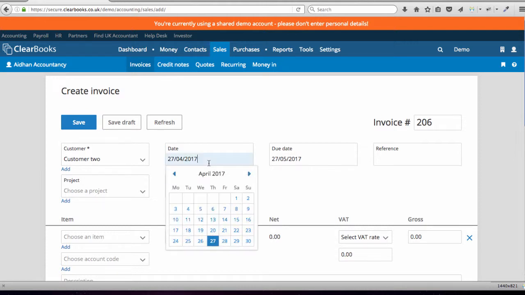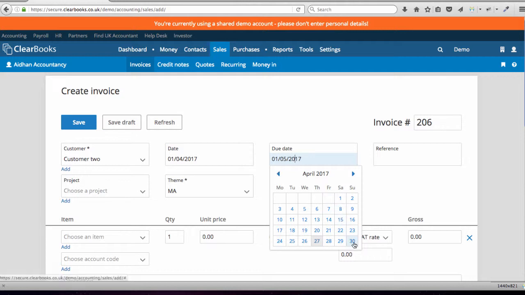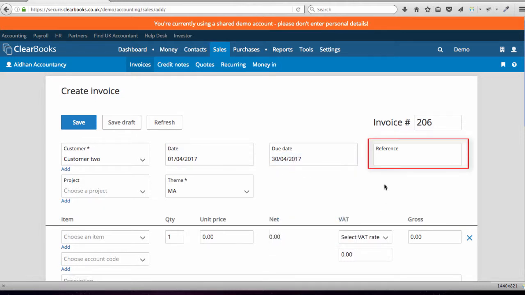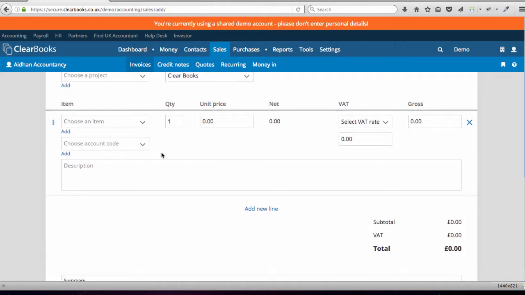Next, enter your invoice date and then the due date, and optionally enter a reference number unique to that customer client. Clearbooks automatically assigns an invoice number, or alternatively you can use your own numbering system. The project feature is totally optional and can be used to distinguish between different contracts or projects with the same customer client. Next, select a pre-created theme for your invoice, and under the Choose an Item option, you can click